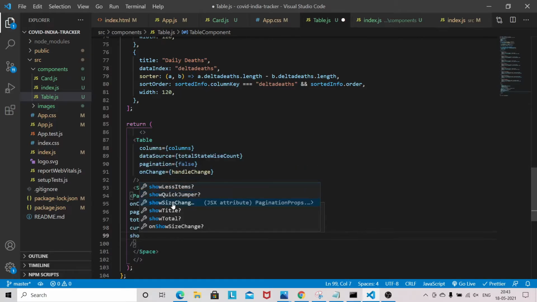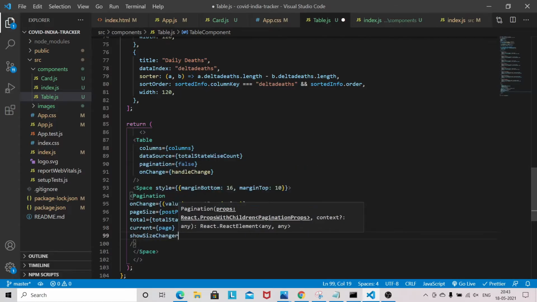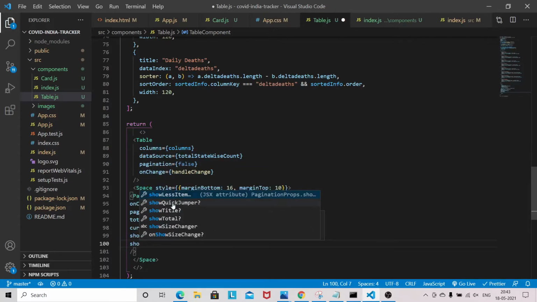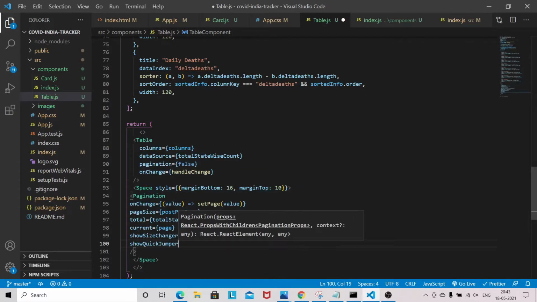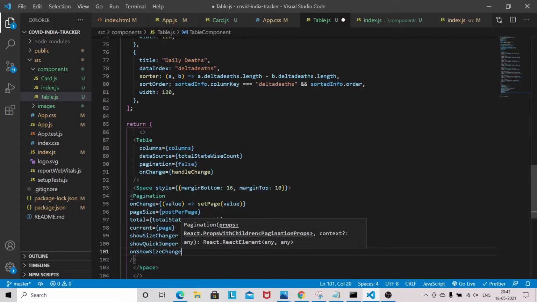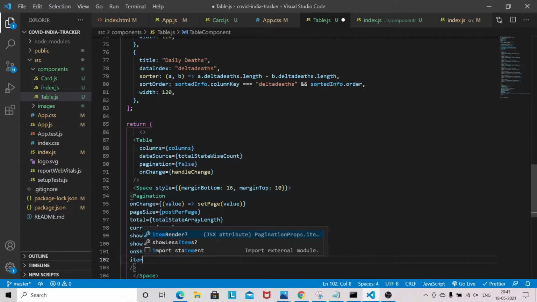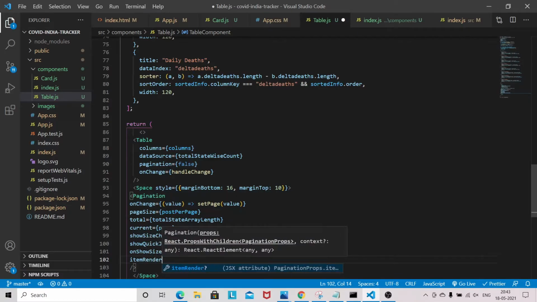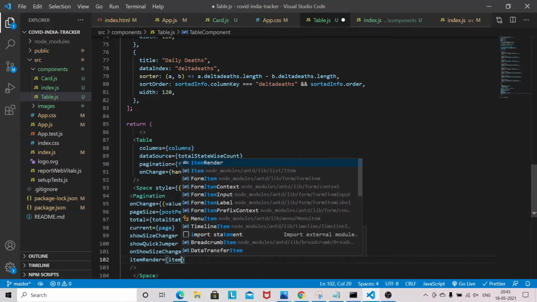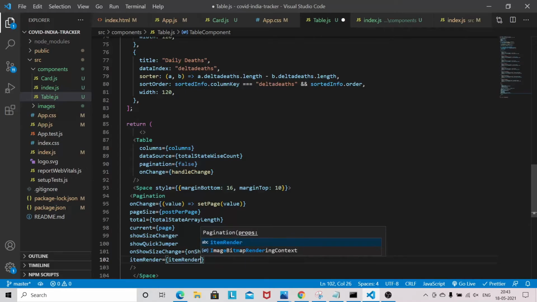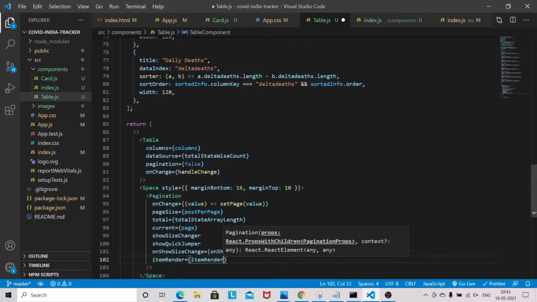So size changer, quick jumper. We need to define the onChange method and itemRender. So these two methods we need to define.